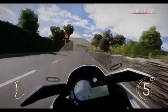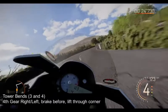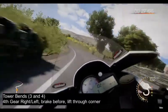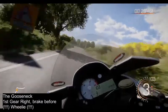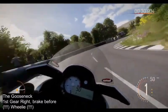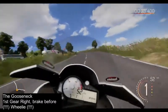Heading towards the second part of the Tower Bends near the Gooseneck now, so I'm braking slightly and gradually reducing my speed, because while you can get through these bends at high speed, you're not going to be able to stop in time for the Gooseneck. The Gooseneck's a very slow first gear right-hander, so you can do this at about 60 miles an hour usually, but then keep the nose down as you come out of it and get back over to the right-hand side